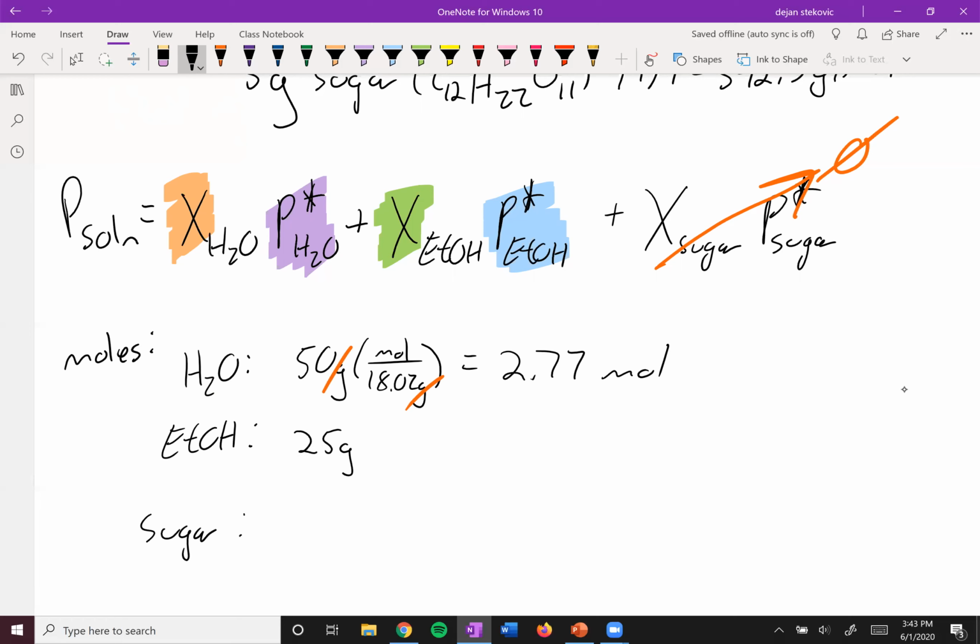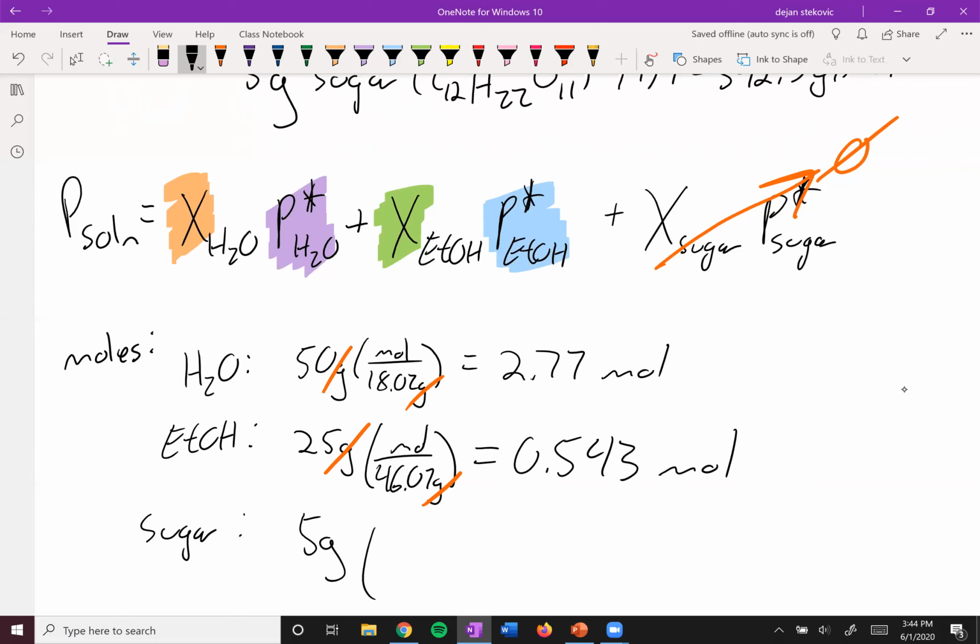Right, so here we have 25 grams of ethanol. The molar mass is 46.07 grams per mole, for a total of 0.543 moles. You can see even though it's only half the mass, it's way less than half the moles. Then 5 grams of sugar at 342.3 grams per mole